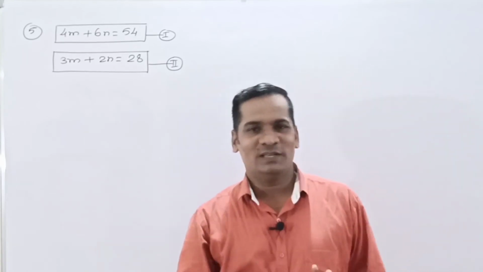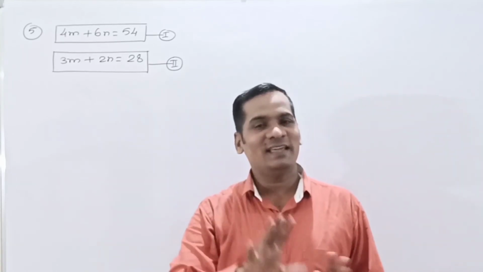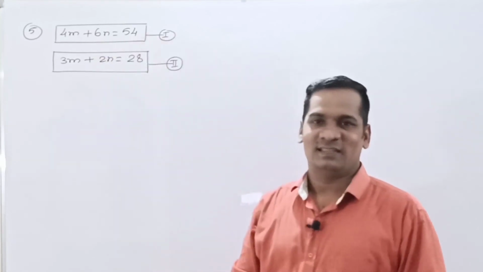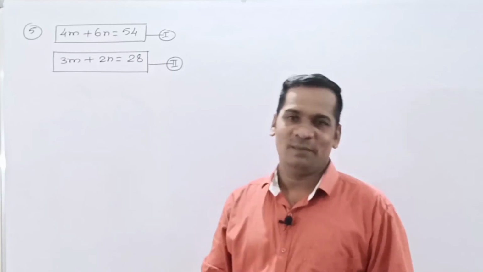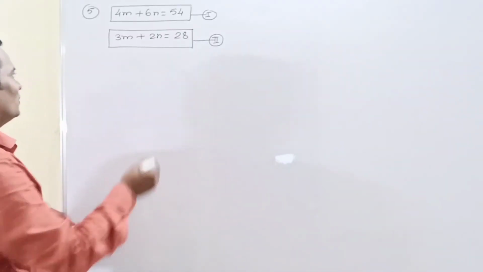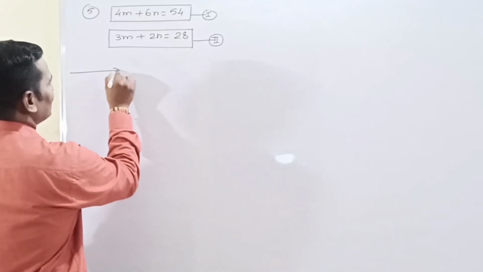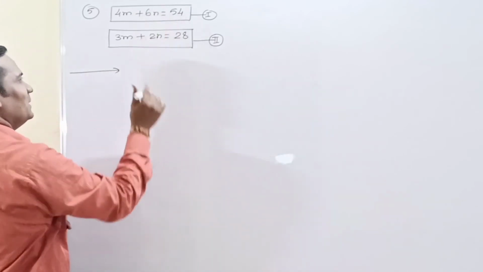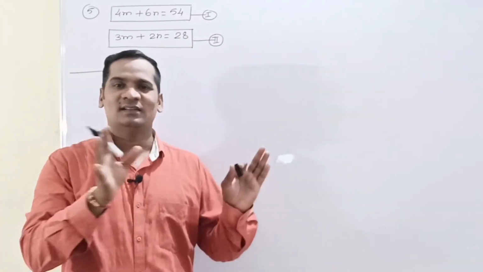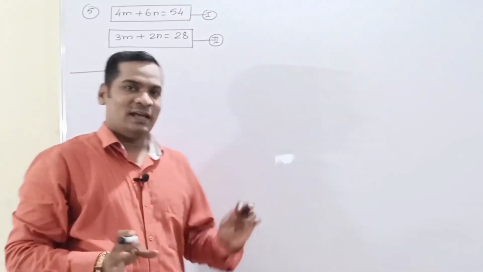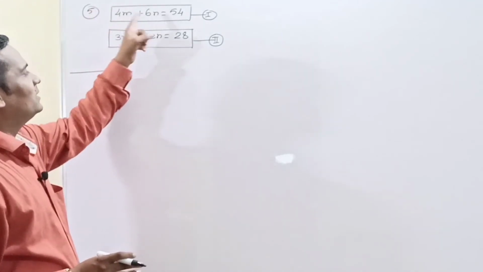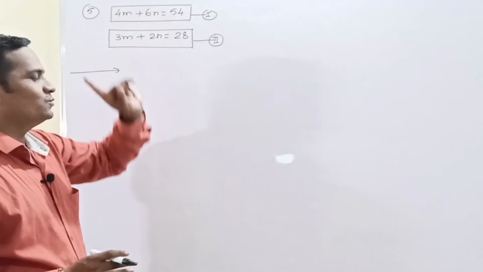Now mind well, in these two equations the variables are not x and y. Now the variables are changed. Now m and n variables are there. So we have to use those variables according to the given equation. So let's start with that, but the steps are similar. The first step is to check whether the given simultaneous equations are in standard form or not, and both equations are in standard form, that is ax plus by is equal to c.